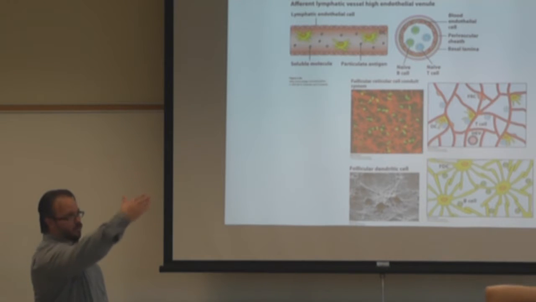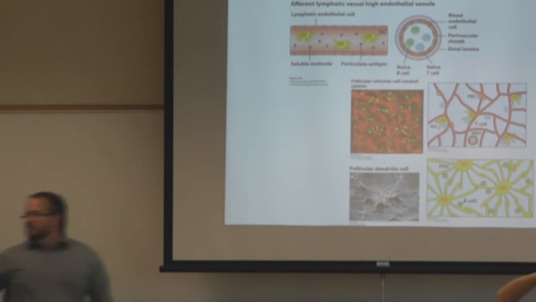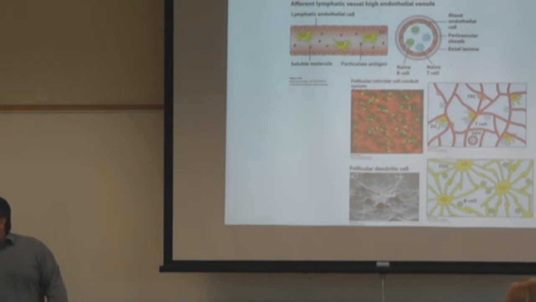So as the antigen's being brought into the lymph node, it's being presented, and the T cells are coming in through the blood, through these HEVs, these high endothelial venules,